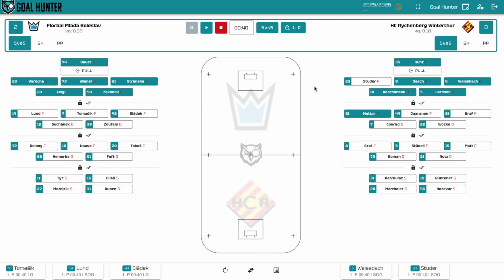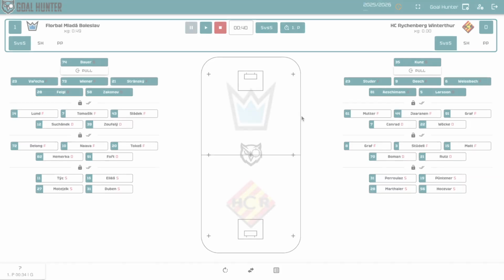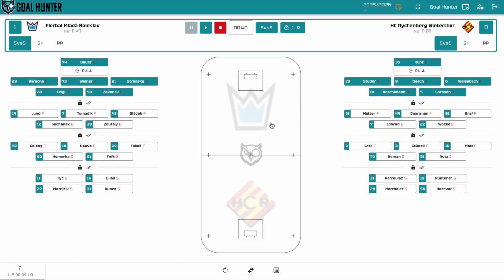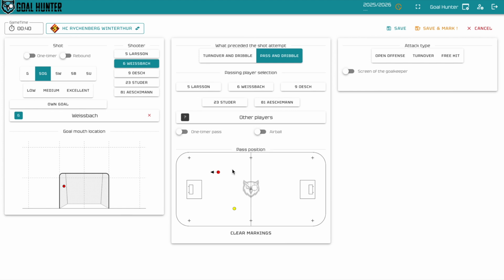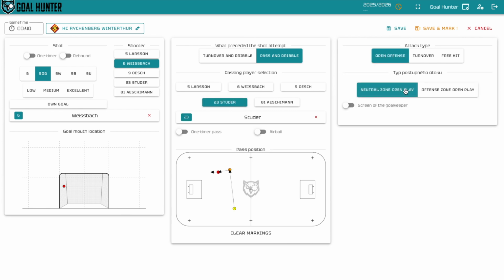Try to keep the correct lines on the field. This way, when you track a shot attempt, the players on the field will be suggested as the shot taker and possible assistant. Shot tracking starts by clicking on the field at the spot where the shot was taken. The logos in the background of the field indicate each team's defensive half. Then, you add other information depending on the level of detail you are tracking, and save the record.